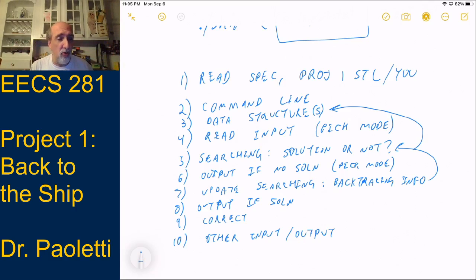Along the way, you should be creating test files and submitting things to the autograder. You don't have to have all of this working before you submit to the autograder. You can submit to the autograder hello world and some test files and start earning points. And also, when you get to the point where your program is partially right, as we go through your test